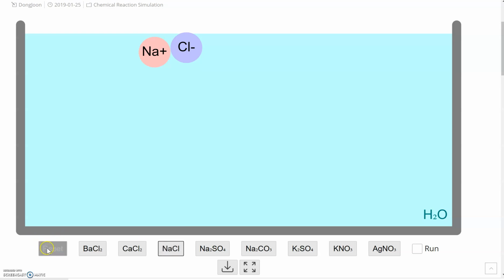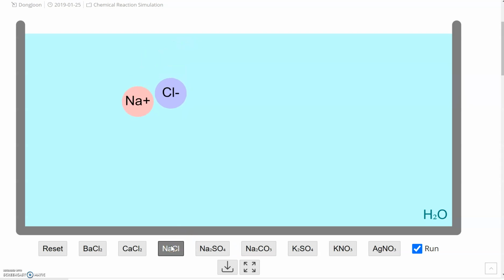So we also have, and I'll explain how we make it happen here, a reset button, a run checkbox, and if you want, you can even make it full screen. All right, so I've got the run button checked, so as soon as I start this, everything's going to happen. And we'll add